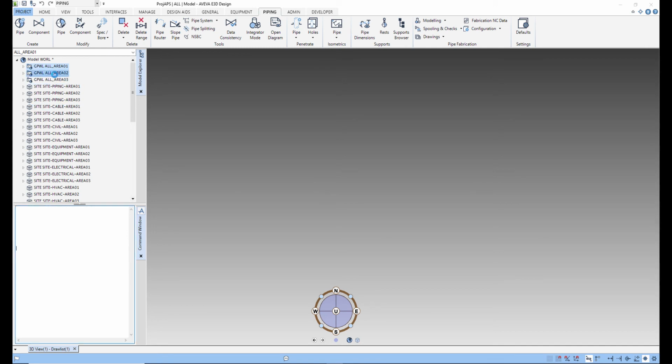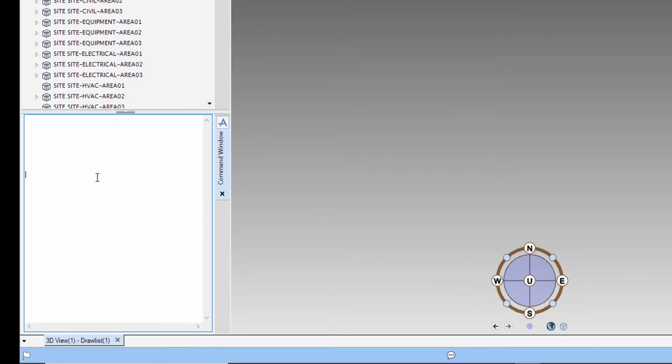Let's click on that object, and type in the command window. Let me make the command window text a little larger. You have to write add C. C is basically the current element in PDMS language.